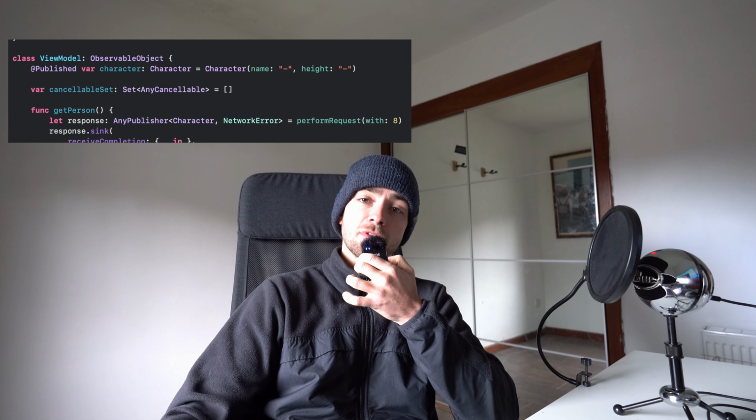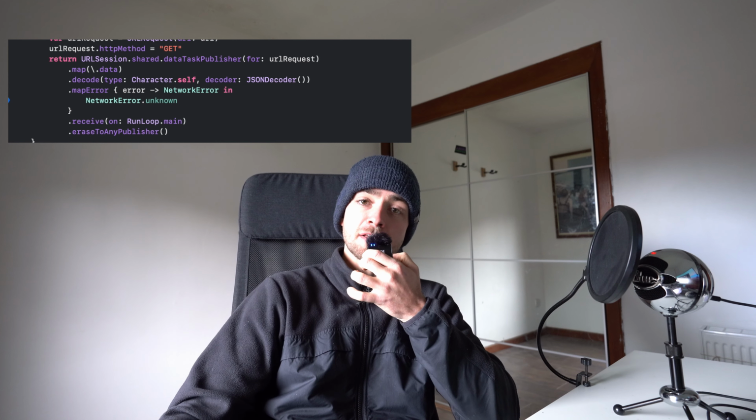Hi everybody, so today we're going to be making the app that's on screen right now, and it's a simple app that just requests data from the Star Wars API and displays it on screen. We're going to be doing this using Swift and Combine, and hopefully through this you'll see just how powerful Combine is when it comes to performing network requests, and you'll see how in future you could use it to perform